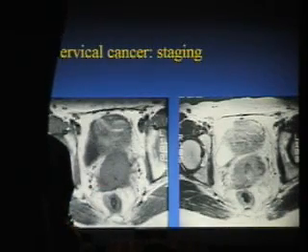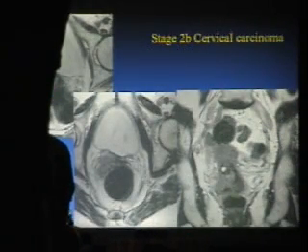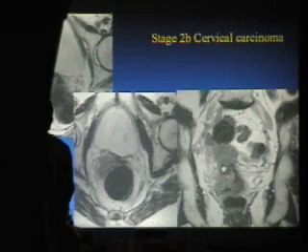So parametrial extension means that the patient is no longer a candidate for surgical excision. They don't want to cut through the tumor and leave tumor inside. So this patient will go to radiation therapy, as will this one, who also has a smaller lesion sitting here. Multiplanar images will show you it's actually relatively long in the coronal plane. That's an Abotian cyst in the middle, and you can clearly see the invasion out into the parametrial tissue on